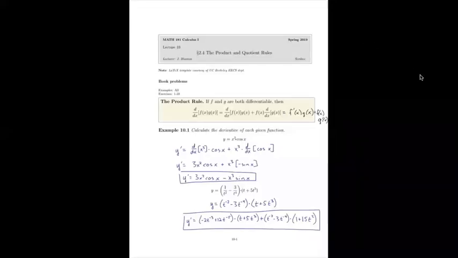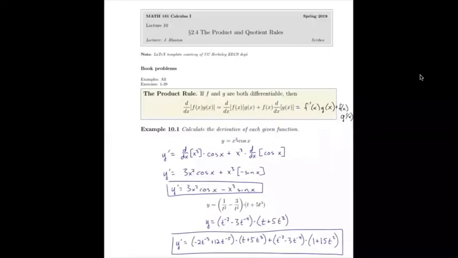Section 2.4 is the product and quotient rules. So now we're extending beyond our basic differentiation formulas, which were the power rule, the derivative of a constant, and then the sum rule for derivatives. And we're going to extend a little bit further and first see what the derivative of a product of two functions, which are differentiable, is. And then we'll look at the derivative of a quotient of two functions,